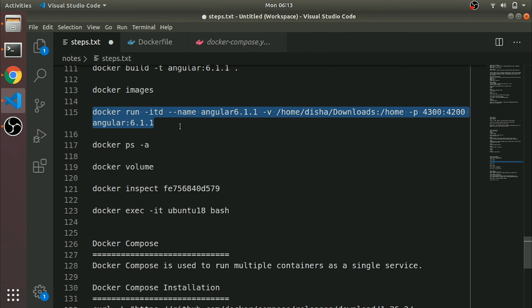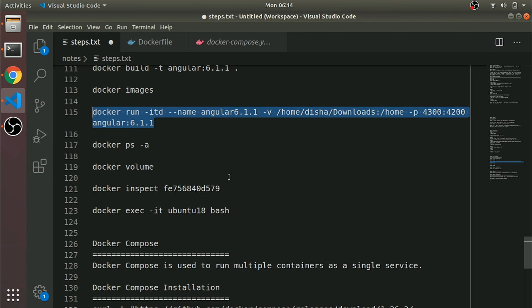With the Docker run command, we can create one container at a time. We cannot create multiple containers with the Docker run command. What Docker Compose will do is create multiple containers at one time.